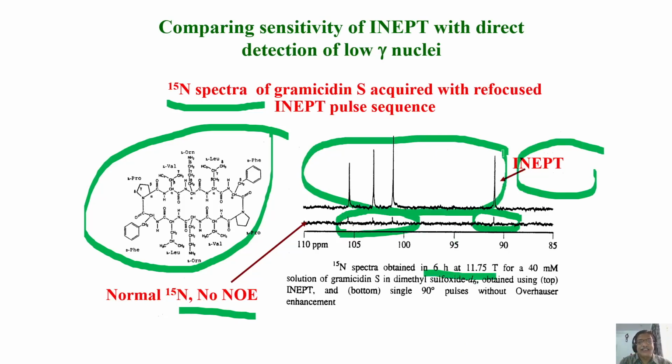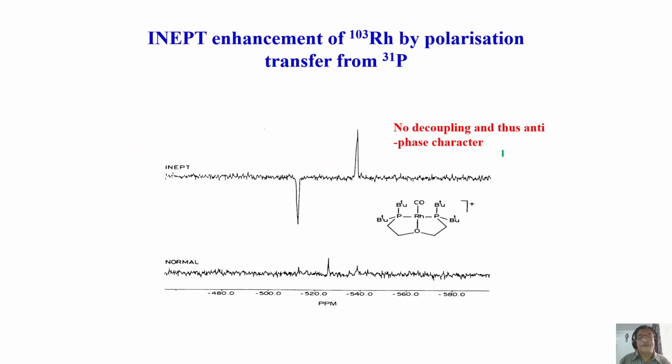NMR is basically an insensitive technique compared to other spectroscopic techniques. But still, we could do something and get the enhancement just by playing with the magnetization and spin dynamics. And this is a significant advantage. If the intensity goes up by 3 to 4 times, your experimental time comes down by the square of that. Instead of doing an experiment for 1 hour, 1 day, we may finish it in less than an hour. It is the biggest advantage, a time saving factor.